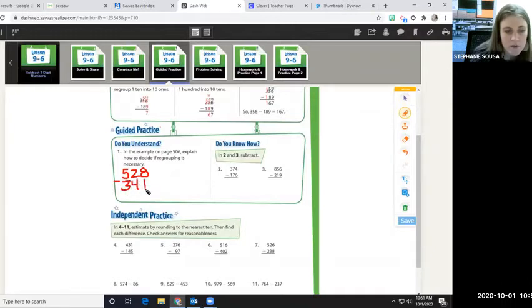Okay, so it does not ask us to solve, it says explain how to decide if regrouping is necessary. Well, I know that regrouping is necessary because when I look at my tens place, there is more on the floor. So I will say it is necessary, and if I am writing, you are writing, it is necessary